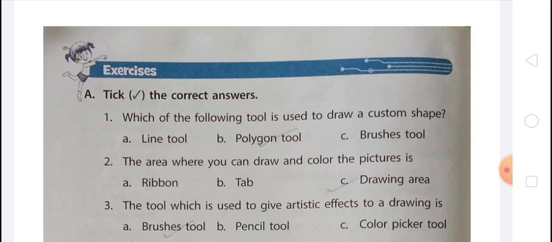Let us learn how to use the polygon tool and curve tool. Polygon tool. The polygon tool is used to make a custom shape with any number of sides. To draw a polygon, you have to click on the Home tab and after that select the polygon tool in the shapes group. On third, choose any color in the color palette. Make sure that the color 1 option is selected in the colors group.